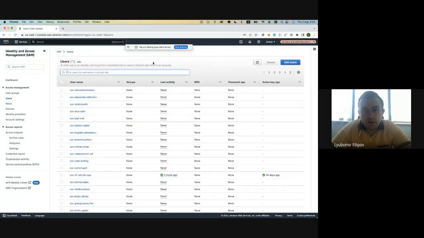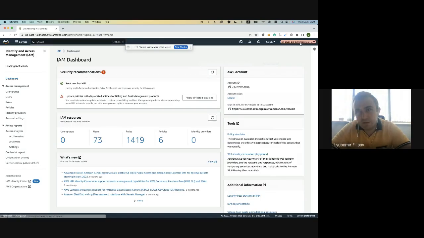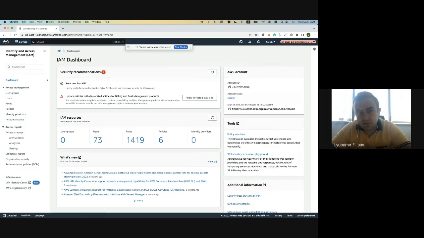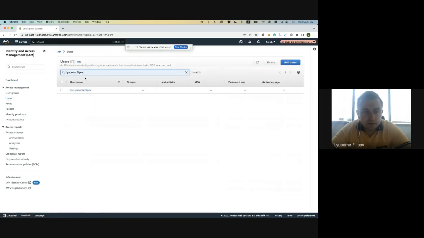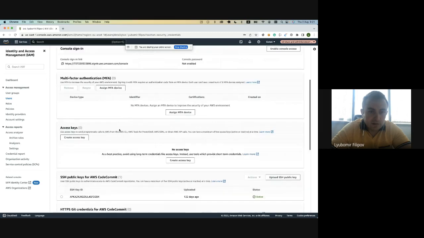How I'm checking whether you have access or not, just so I have shown this to you. If I open Identity and Access Management, I'm currently in the Buex account, Production Administrators. So I have access to actually stop loading instances now. Then if I go to Users, you could see that I have searched for my user, and I do see myself, and I do have an SVC account or service account. This service account, when I open it in the security credentials, you see that